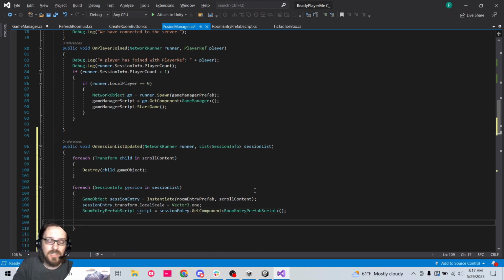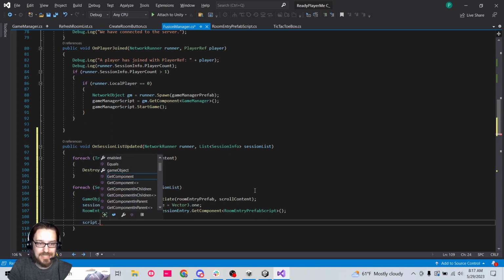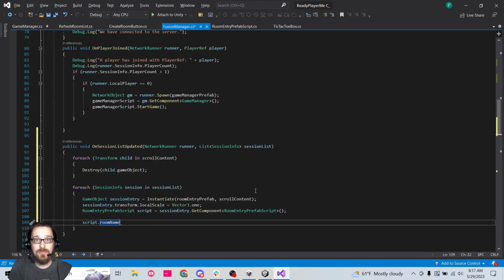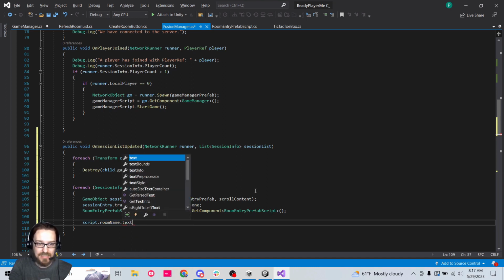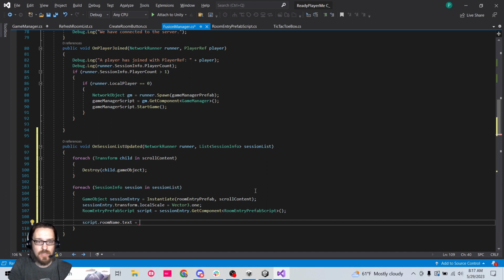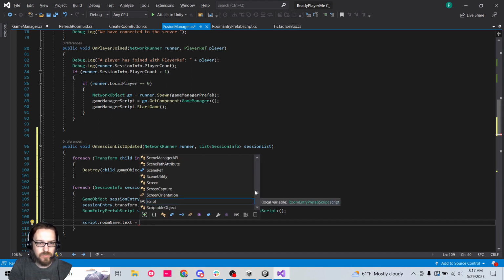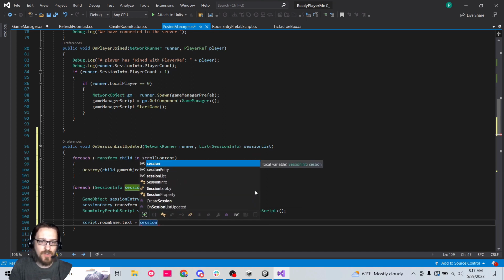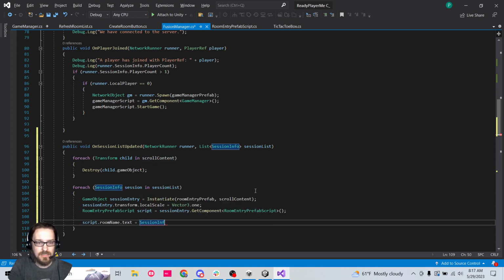All right. So now script dot room name. So that's the text mesh pro object, but we want to set the text of it. Dot text equals session info. No, session